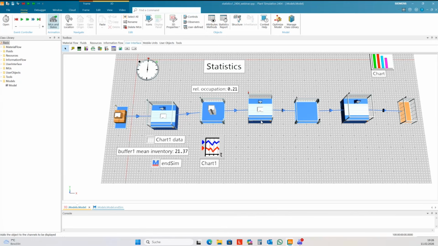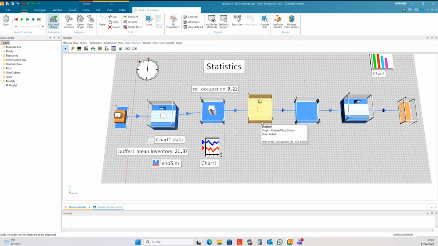The display panel doesn't exist in 3D. Instead, you can show variables and user-defined attributes here near the elements. For instance, I want to show the blocking rate here at the station.